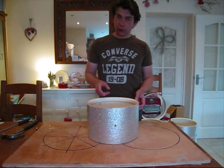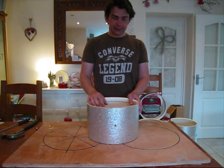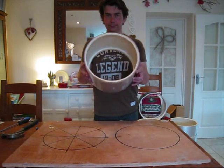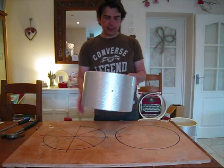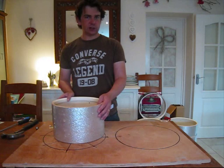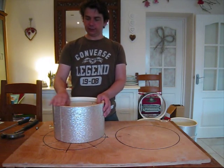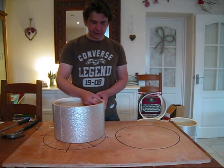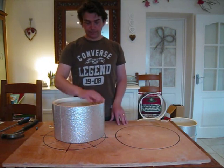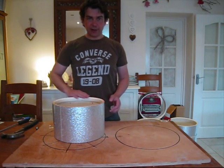Okay, here's the 12-inch tom. Since you last saw it, I sanded the inside and painted it up a bit more of an authentic white Resicoat colour. What I did then was, after the paint had dried, I just spun it a little bit on the sandpaper just to get the paint off, and to get a nice line on the top where the support hoop is and the bearing edge, and then I just sort of sanded over the rest,